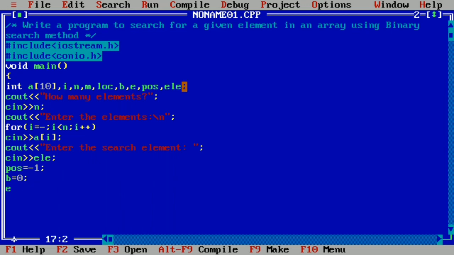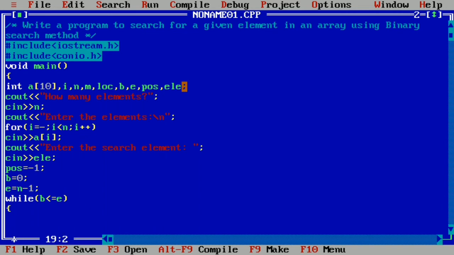Next ending, that is the upper bound, is always n - 1 because the index of the last element is n - 1. Next we'll continue with a while statement: while beginning <= ending. Beginning is 0, ending is n - 1, so it has to look from the beginning till the end.